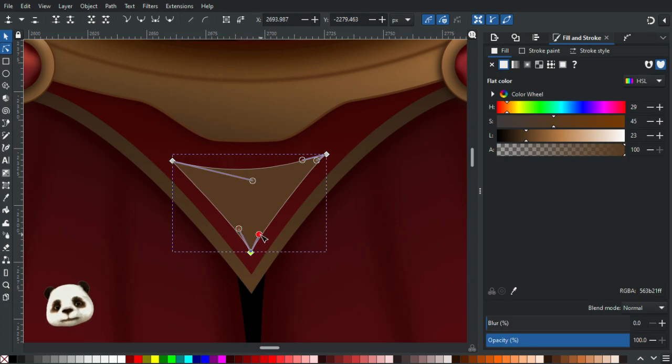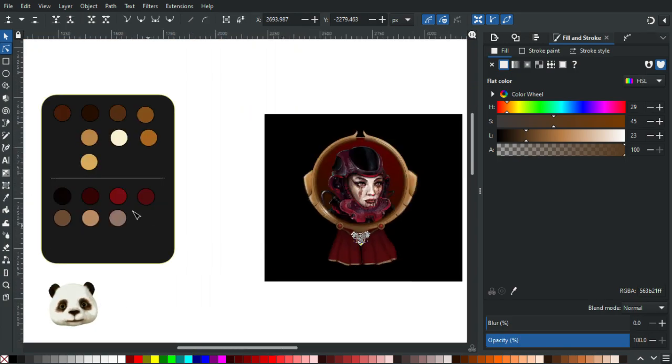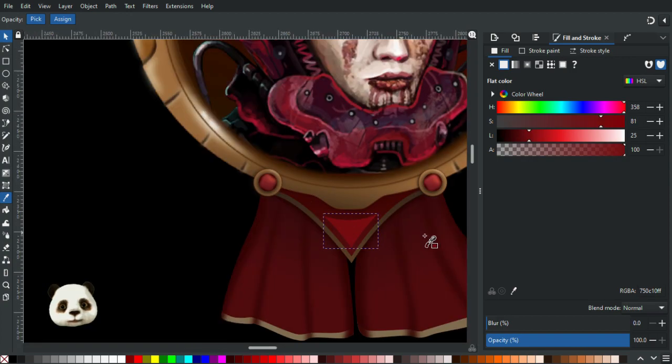Just this general shape. And it should be a very bright red, but